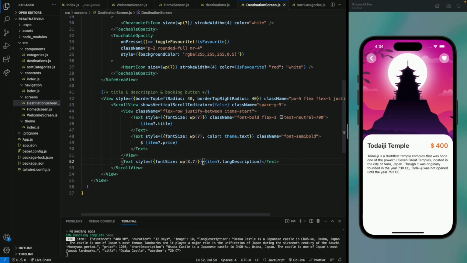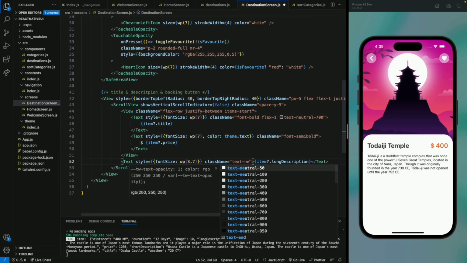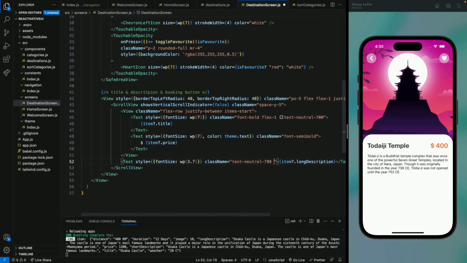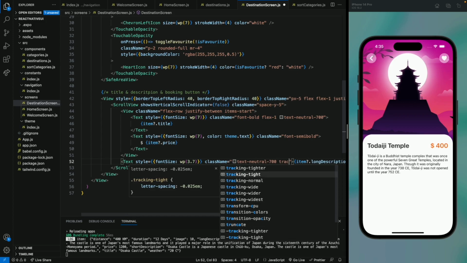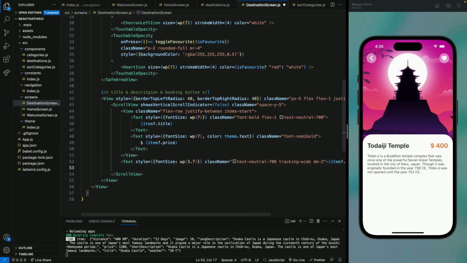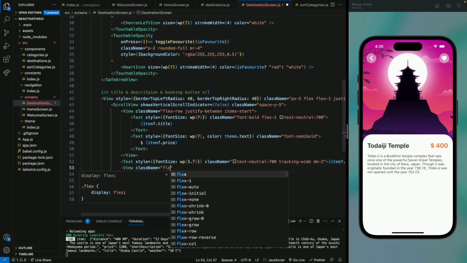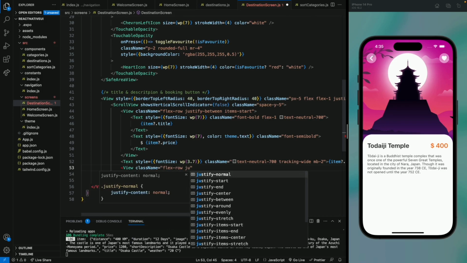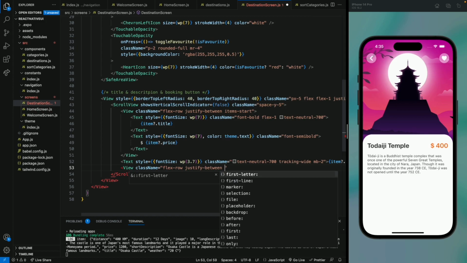Let's also give it a class name to change its color, that will be neutral 700, and tracking should be wide and a margin bottom of 2. Now the next thing we're gonna add is a view to show the duration, distance and a weather condition for this place. So let's add a view and give it a class name of flex row, justify between and a margin